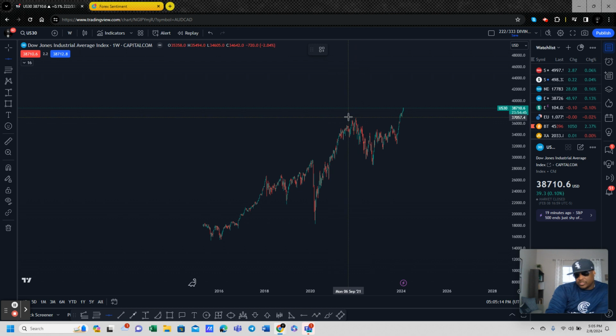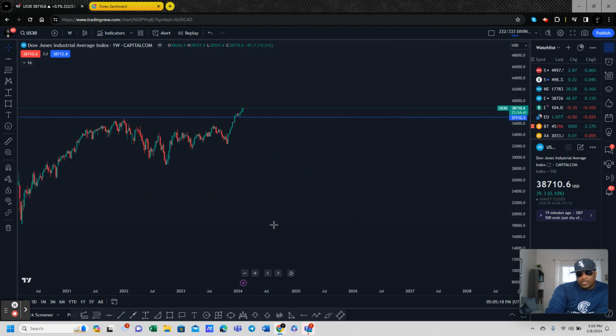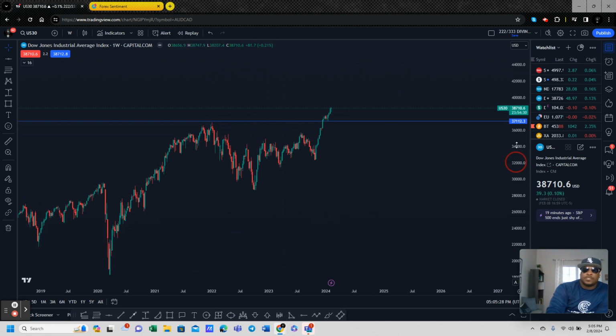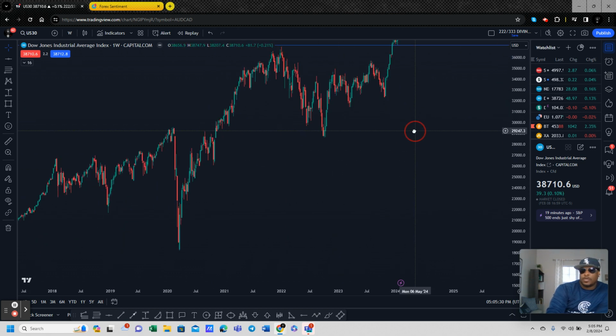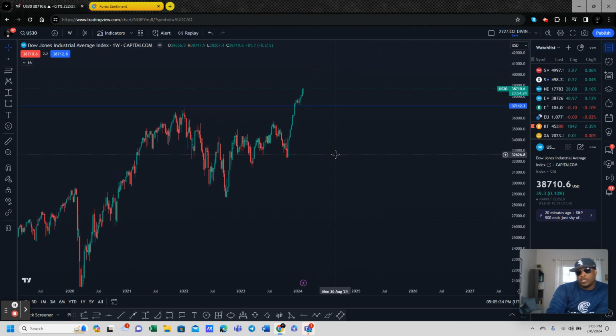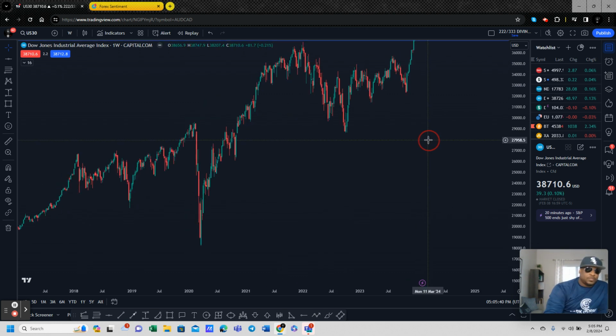We basically smashed through all that. And what do you notice? This probably was a lot of people trying to short at this area, and it just wiped them out, and it collected all these. Now, with that being said, yeah, we've broken. If we don't establish a true dominance to keep going, eventually this may run out of steam and we could roll over. Yeah, that's a strong possibility.